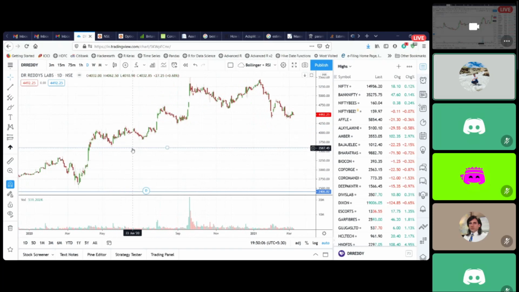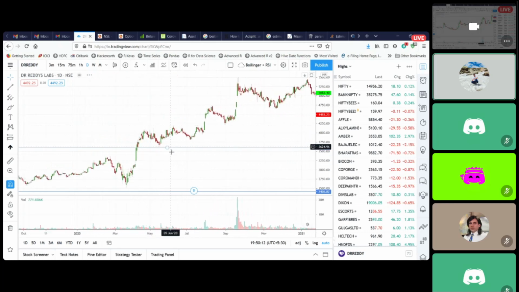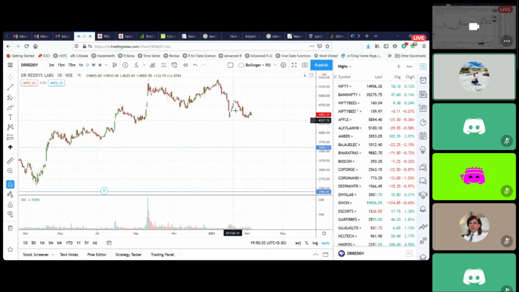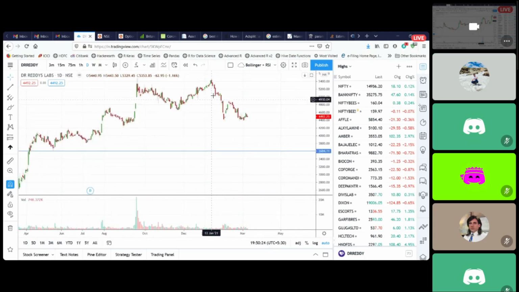The idea to keep doing this is that your swing lows should continuously be going up, as long as Dr. Reddy was in this setup. The swing lows are continuously going up. You go long at all the swing low supports, wherever it's seeking the support. Keep going on, keep going on. And when the swing low gets taken out, then it's time to not take the trade. So now I will ignore this for the time being.